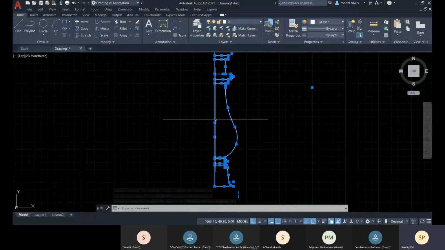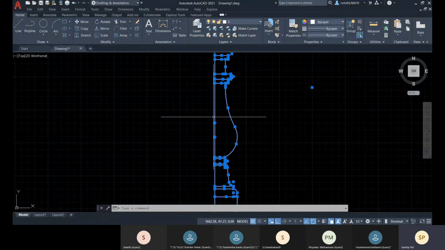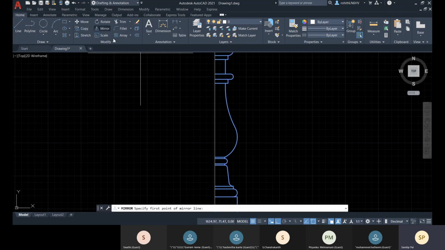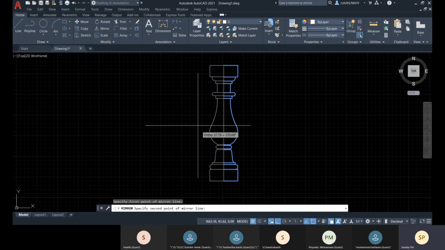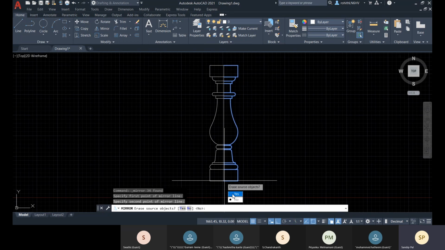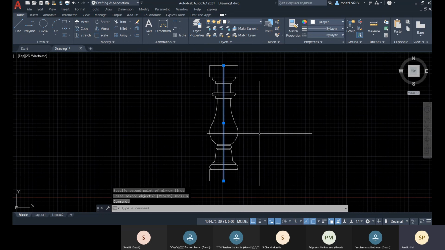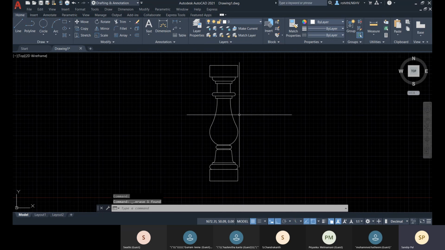So you already have selected this vertical line, and you want to deselect it. So hold the shift button and click on it. It will be deselected. And after that, you will go for mirror. So the first point of your mirror axis is this line, and then the second point of the mirror axis is this. And do you want to erase the source object? No, I want to duplicate it. So here it is. Now let me delete this body. So here it is completed. I hope you understand.